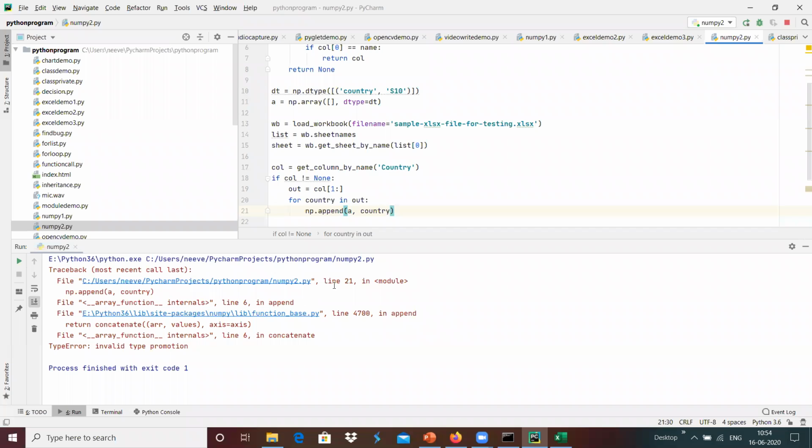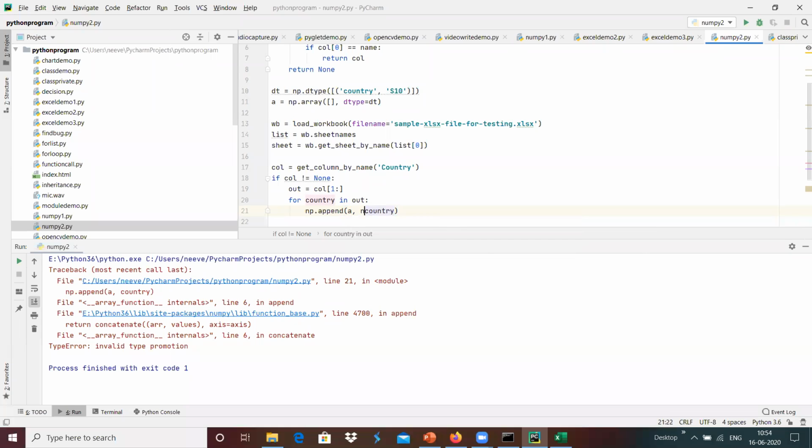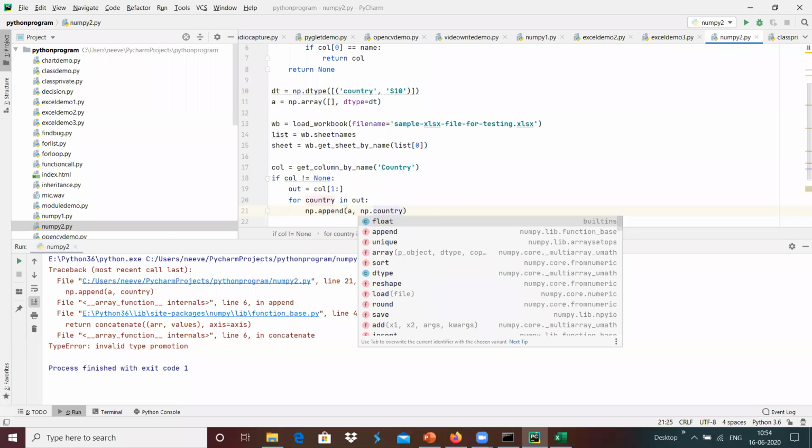Invalid type. Yeah, it should be np dot.